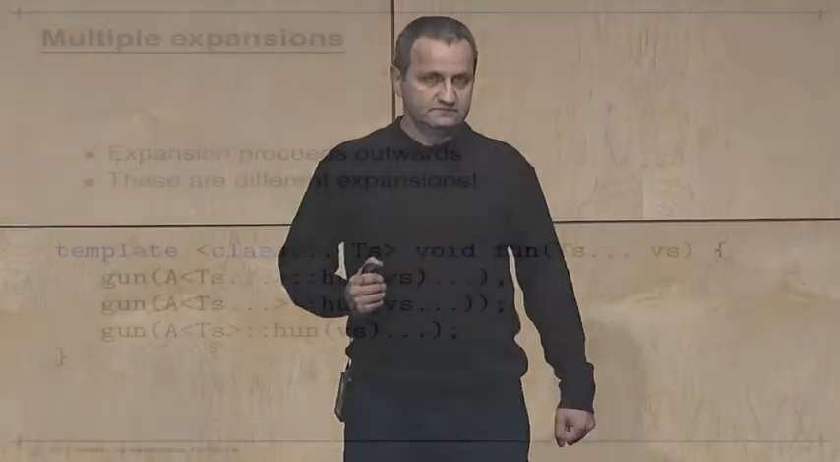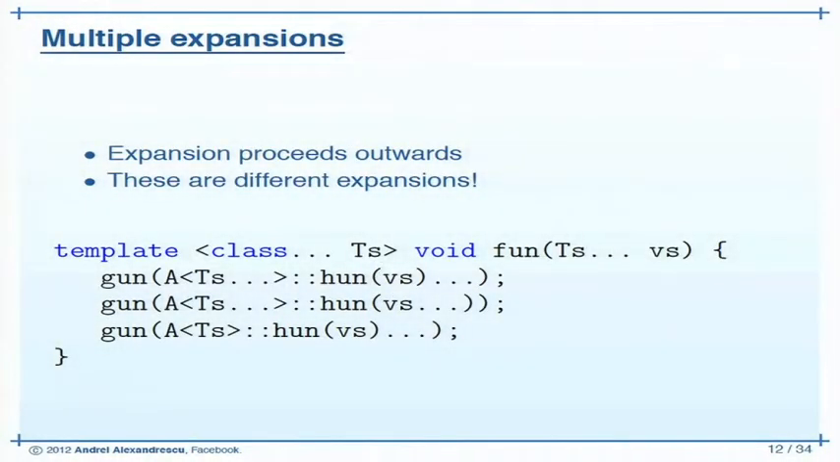Please note, expansion proceeds inwards, outwards. This means I'm dealing with 3 expansions here. Like in those games, there are 6 little differences between these 2 drawings, okay? There are 6 little differences between these 3 calls, because the first call, and believe me, I rehearsed this,